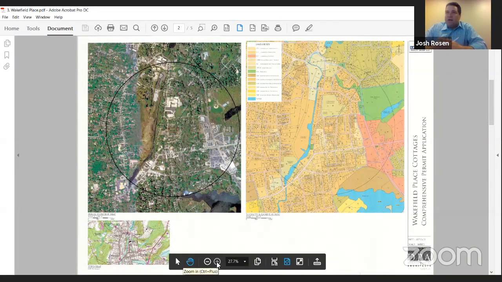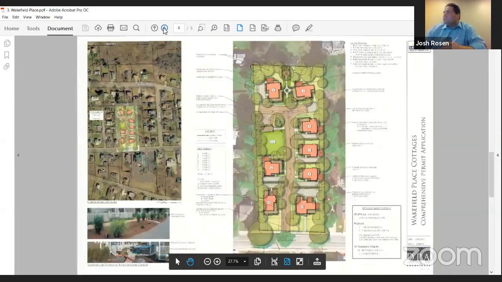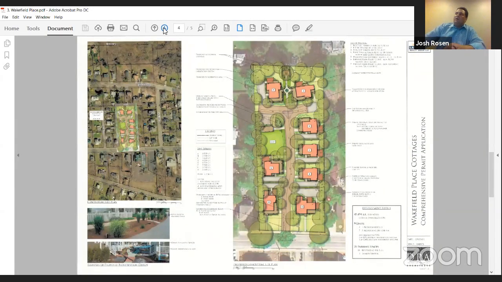But as you see, if we can go to, I think it's sheet 4, Kayla. Yeah, sheet 4 is an illustrative picture of what's been envisioned so far for the layout. We've got 9 units total. There will be 8 buildings, and one of them up front, Unit A, will just be a rehabbed footprint of the existing dwelling that's there. That would be a 2-unit